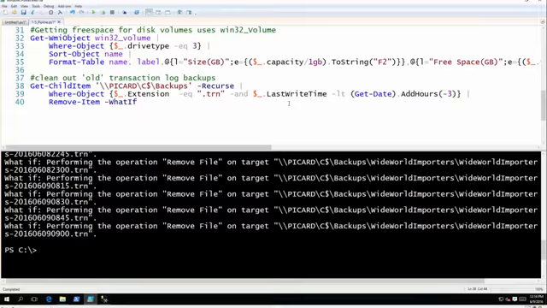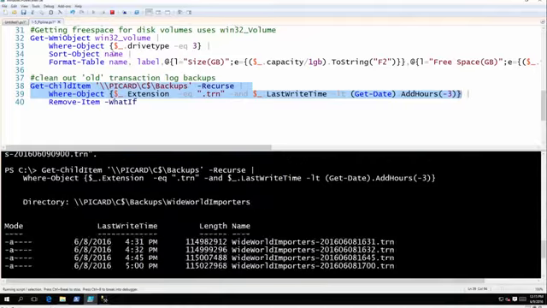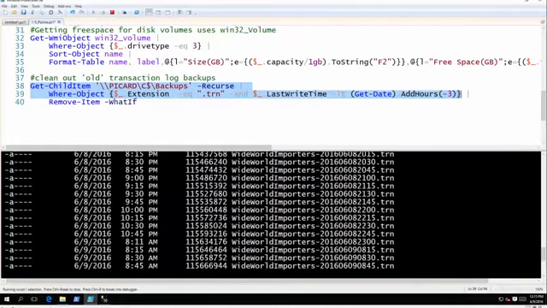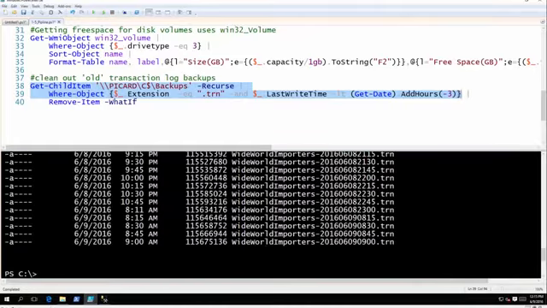For example, if I wanted to run this command and see, am I getting the right files before I actually pass the remove item, I can execute everything up to the last pipeline, so everything previous to the remove item, run it, and get a listing of files. And I can look at those files and say, is that what I wanted to delete? If it is, then all I have to do is add pipe remove item, because I know everything that's going to be passed from this call will be passed across the pipeline to the remove item,